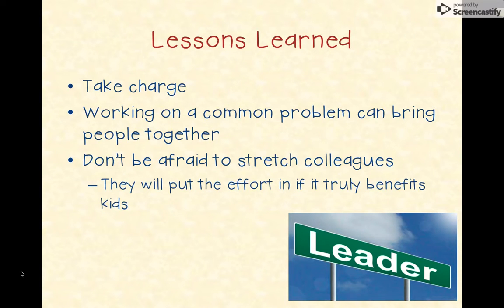So they were able to flip some lessons and get some extra content in a meaningful way. So once they were able to see that it was going to benefit the kids, they were willing to put the effort in, which was really great.